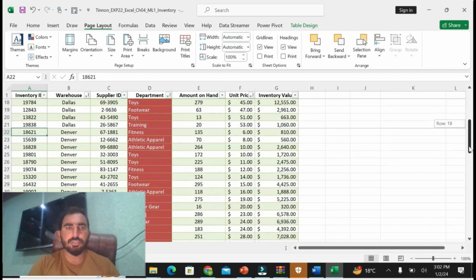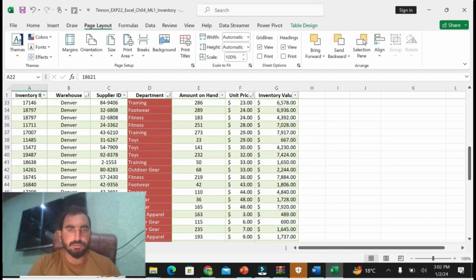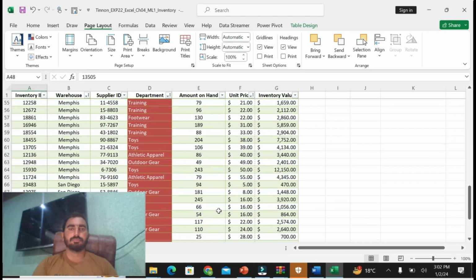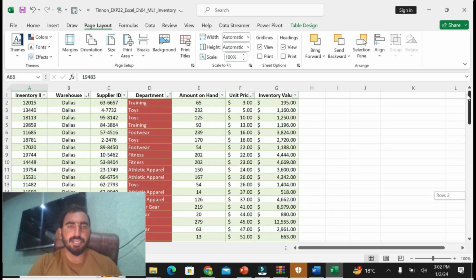Insert a page break for each warehouse. I have done step number 10.